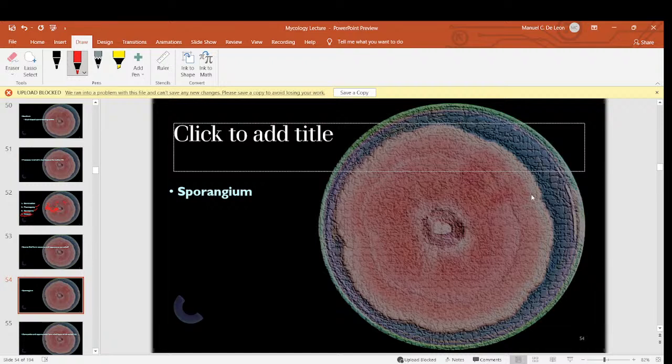By the way, guys, I'll repeat the question again. What is the function of the aerial hyphae? As I mentioned earlier before, what is the function of the aerial hyphae? Anybody? Contains reproductive structures. Okay, so can you give me one reproductive structure? Anybody other than Adrian? What's the function of these reproductive structures?